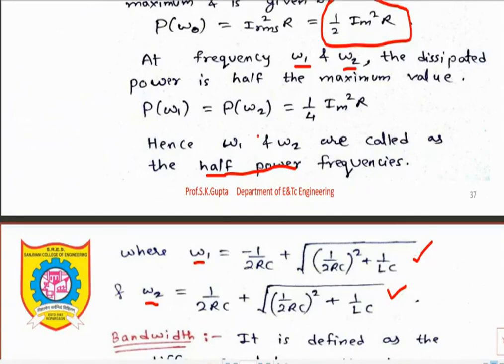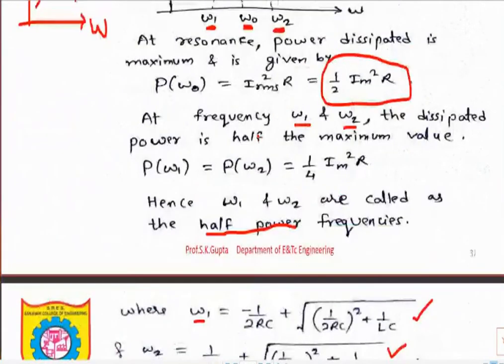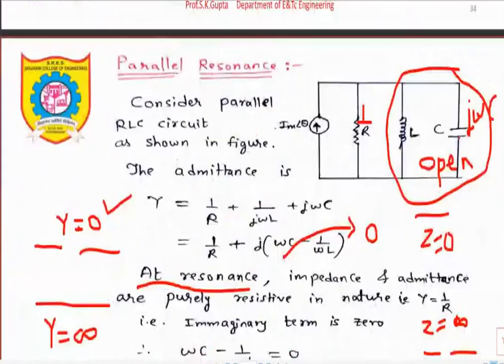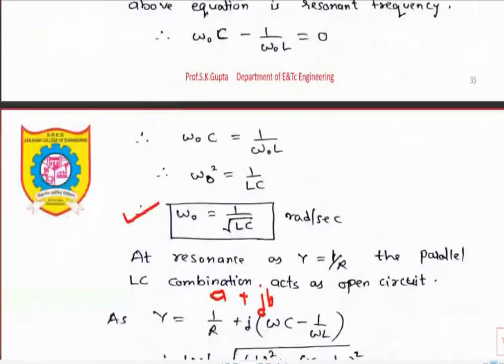Okay. So once again, I will repeat about parallel resonance. So we are having one parallel RLC circuit. The resistance, inductor and capacitor are connected in parallel. So I know that in parallel admittances are added. So I have determined the admittance of resistance, admittance of inductor and admittance of capacitor. And I have added them. So I got the expression for admittance. Then I have equated the imaginary term with 0 to get the resonant frequency. Then I found that the series RLC circuit and parallel RLC circuit have the same resonant frequency, which is nothing but omega naught equal to 1 upon under root LC radian per second.